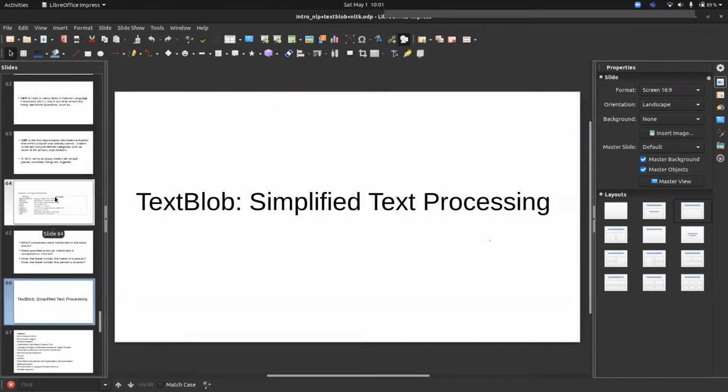If there is some input mistake, like a spelling mistake or something else, is it possible to capture that also with the model? Yes. With NLTK, no, but with TextBlob, yes. Is there any other model we need to run or train like that? Basically, the training of the model is not allowed in NLTK. The training of the model is not allowed in TextBlob. But when you move to the next library, that is Spacy, yes, the training of the model is allowed.